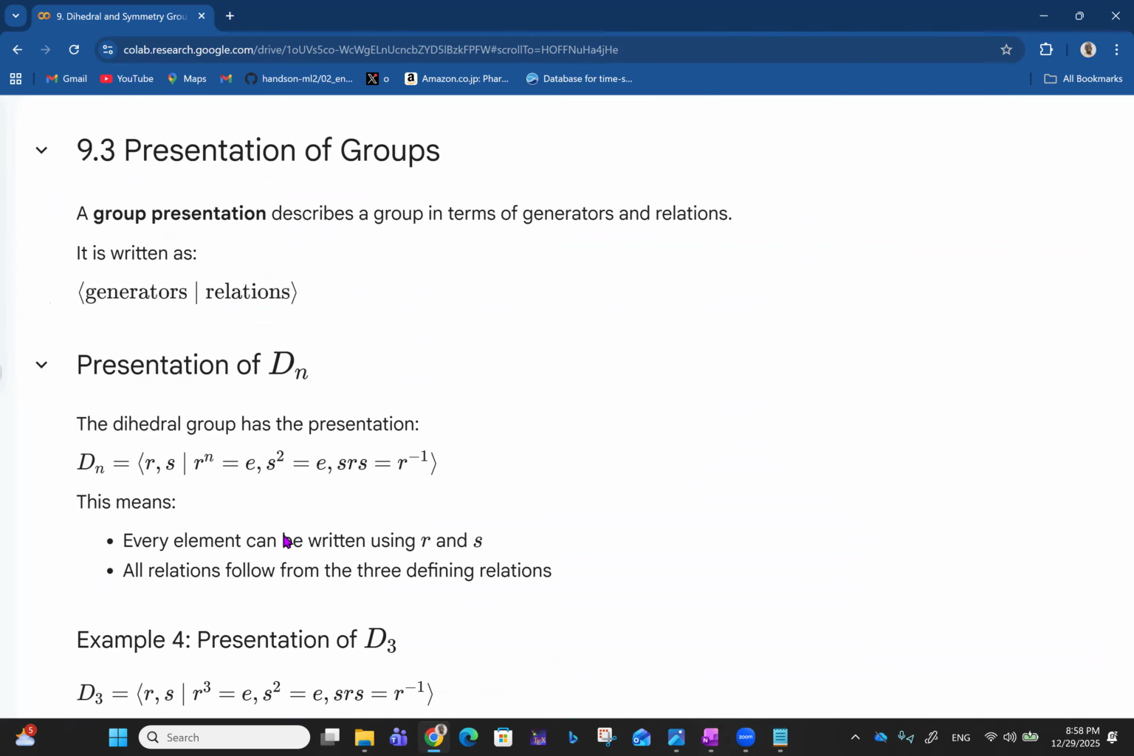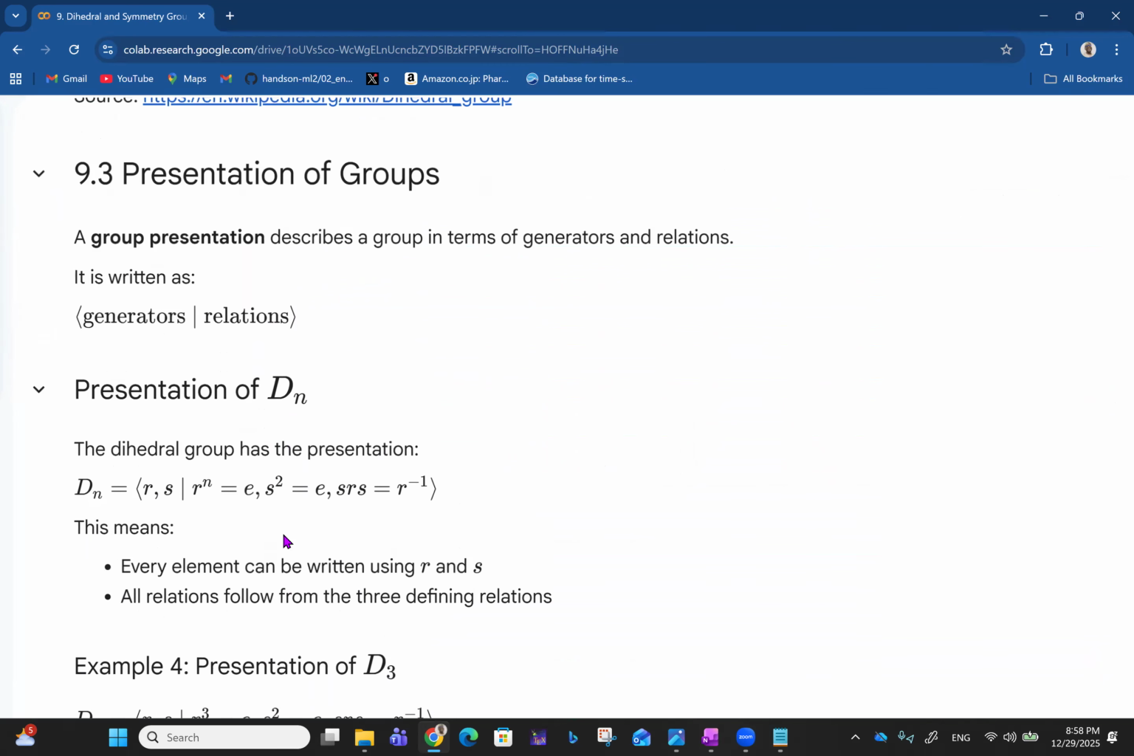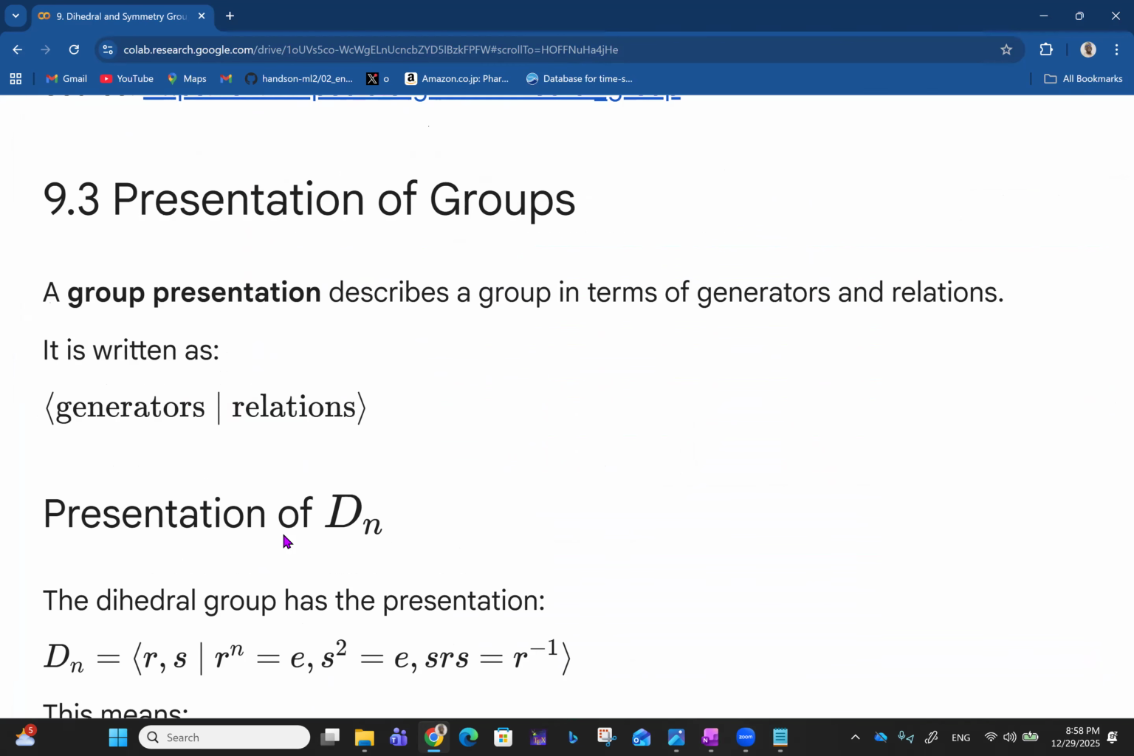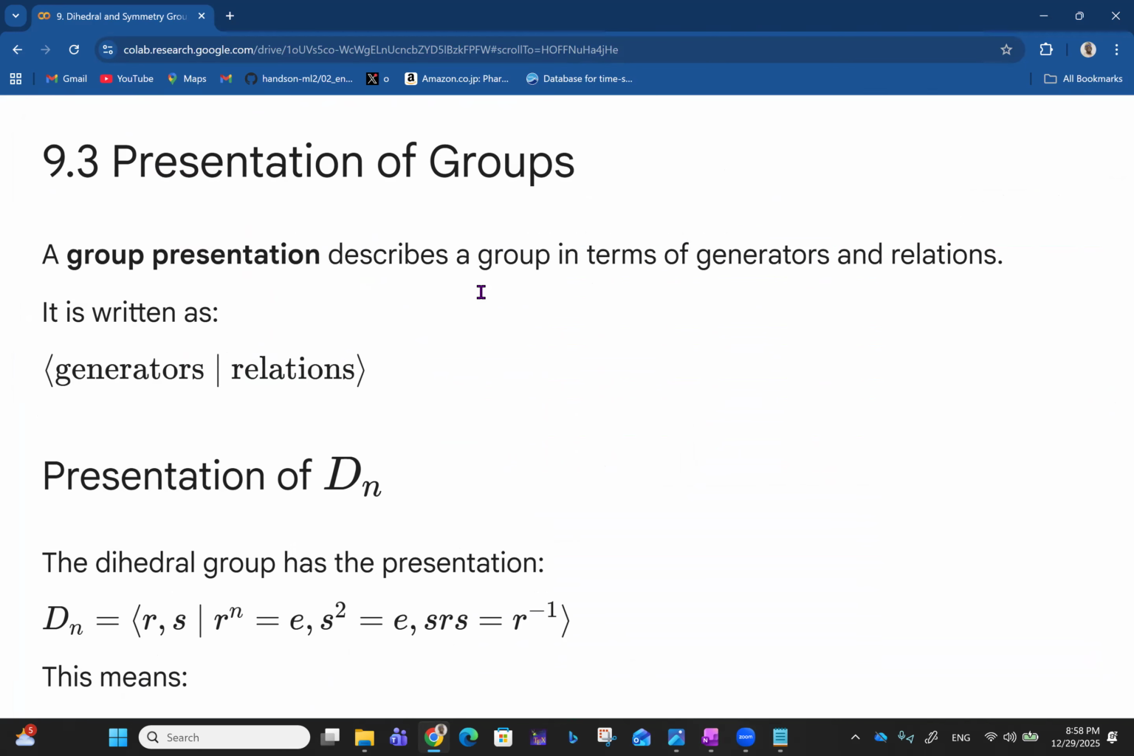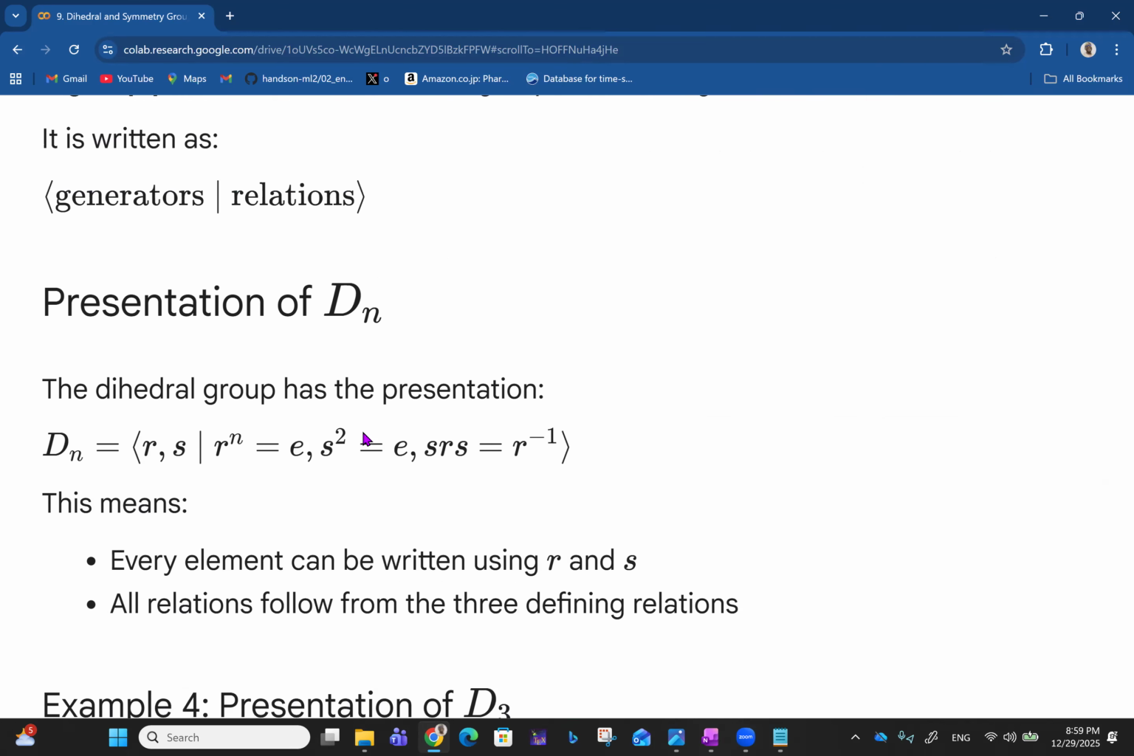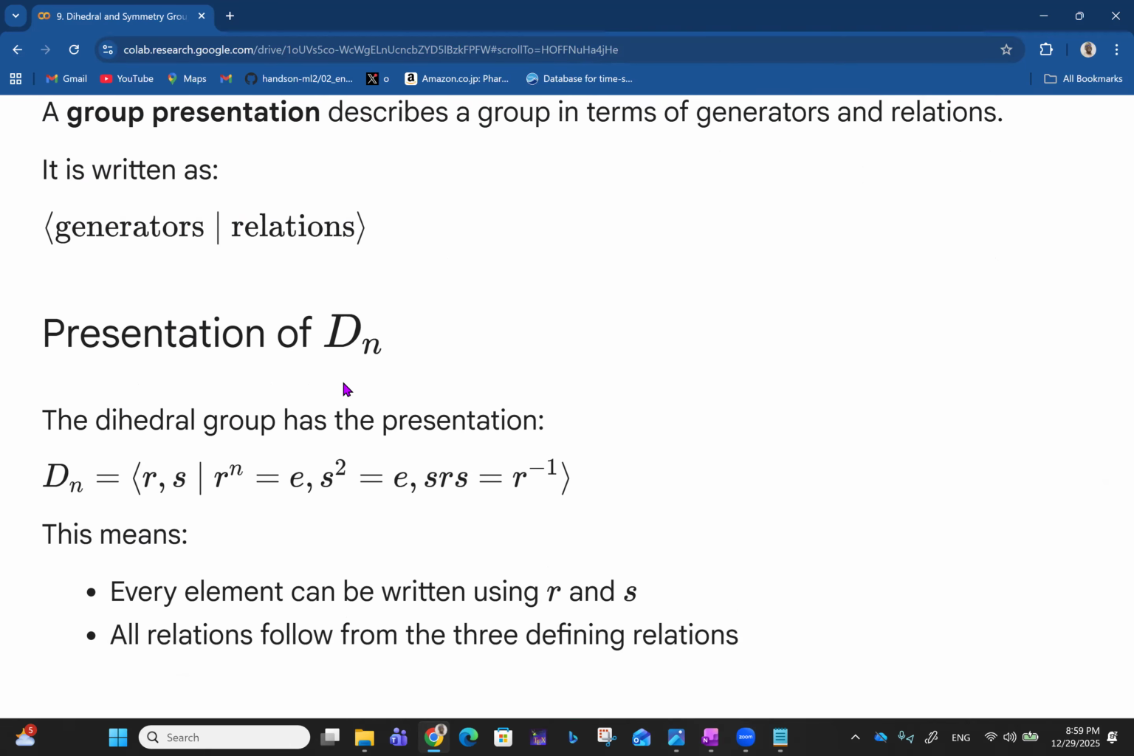So now the next thing is to talk about presentation of groups. How do you present groups? A group presentation describes a group in terms of generators and relations. So it is written as generators given their relations. So imagine presentations of a square now. The dihedral group Dn has the presentation as follows. We already know this, but this is just another way of talking about this. So you are presenting a dihedral group in terms of its relations, talking about the rotations